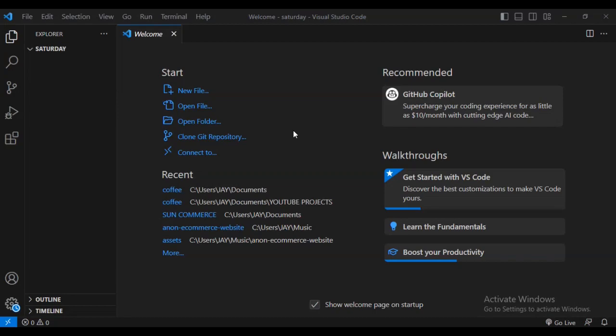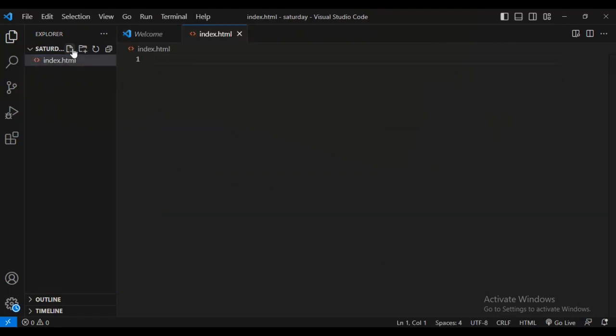I'm going to start off by creating an index file, index.html. Then we'll create a CSS styling file, main.css. Then I'm going to add a JavaScript file for JavaScript coding. Let's call it scripts.js. Then after that, we are going to